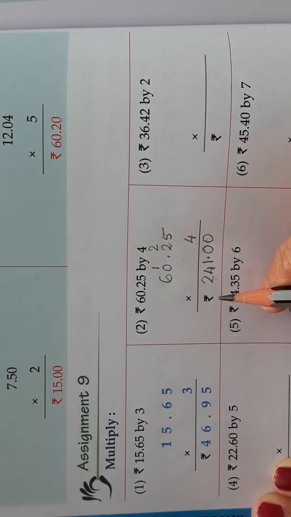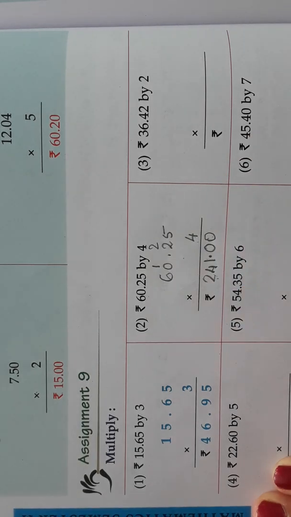Understood, children? So, see, multiplication is very important, no? Without knowing multiplication of money, how can you multiply the amount? See, if 1 pencil is 12 rupees, what's the value of 4 pencils? What should you do there? You should multiply, no? 12 into 4, like that. So you should learn multiplication of money.